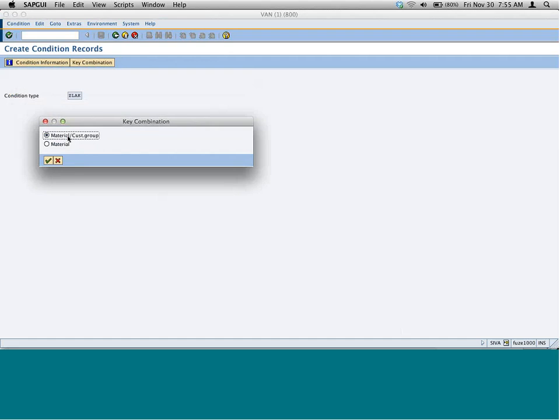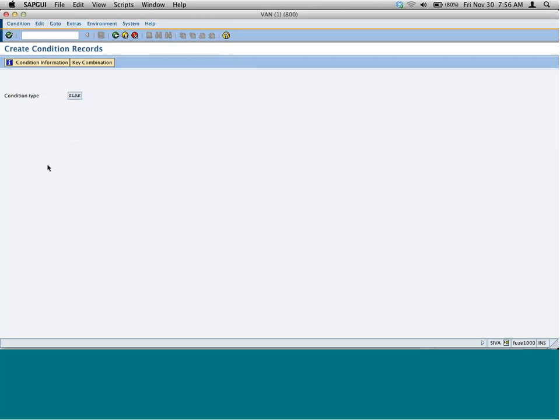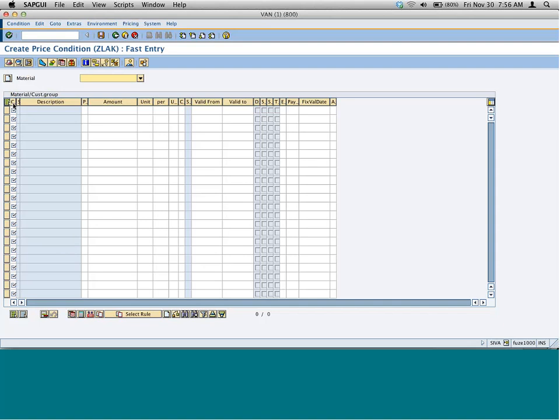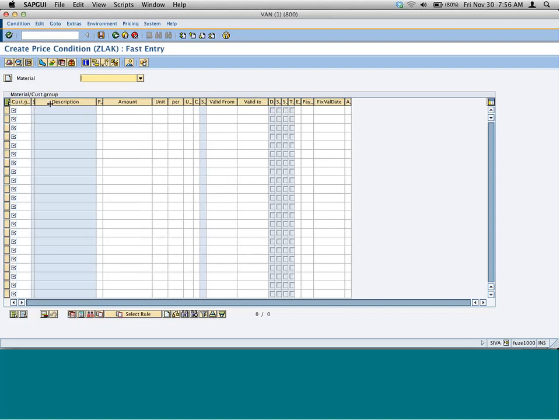Is it for the customer material combination, customer group material combination, or is it for the material? For the material, Lakshmi has already maintained the price yesterday. We want to do it for the material and customer group combination. So select that